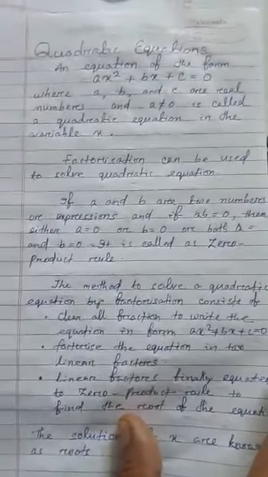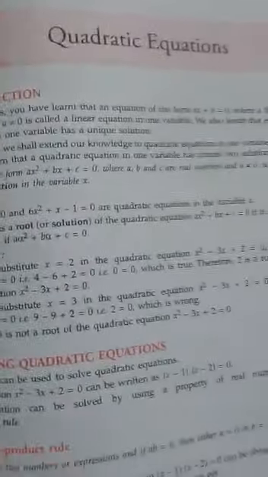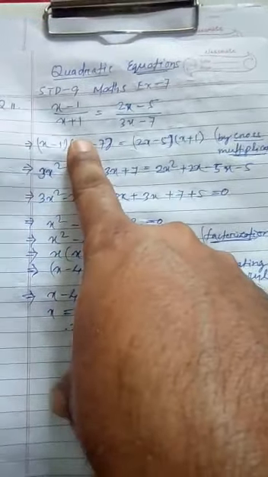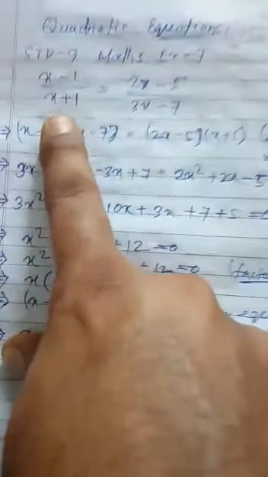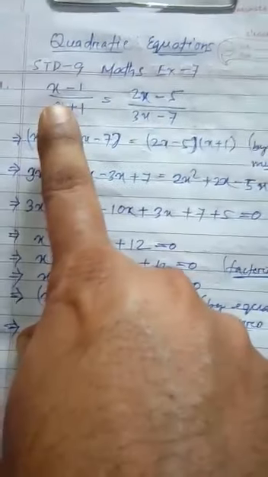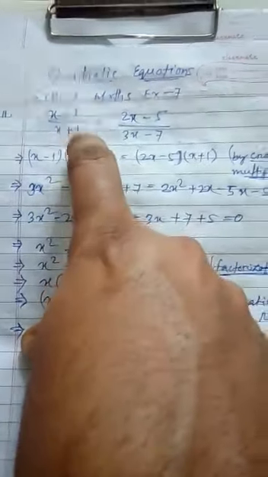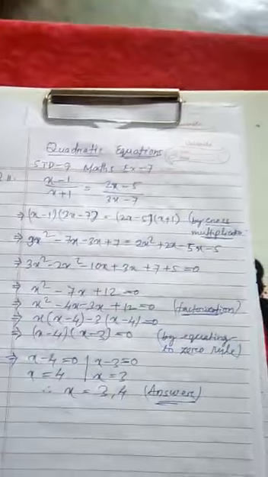Okay children, in that connection we will see one more question, how to solve it by using the factorization method. Look at here. In this question you find a different type compared to the previous one. Here both sides have fractions, both algebraic fractions. If you find fractions on both sides, then you have to go for cross multiplication. Cross multiply both the fractions. I will show you how.